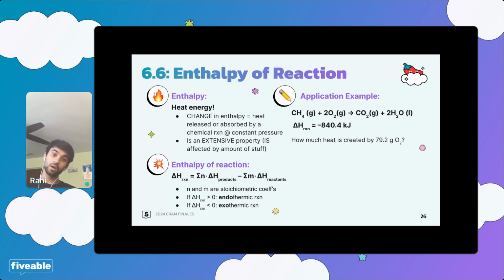So practically, this is a very commonly asked question. How much heat would be created if we were to react 79.2 grams of oxygen? In order to do this, we need to convert grams of oxygen into moles of oxygen, right? Because we need to know how many times this particular instance of the reaction is running. And when I say instance, I know that might sound confusing, but an instance just means like in this case,